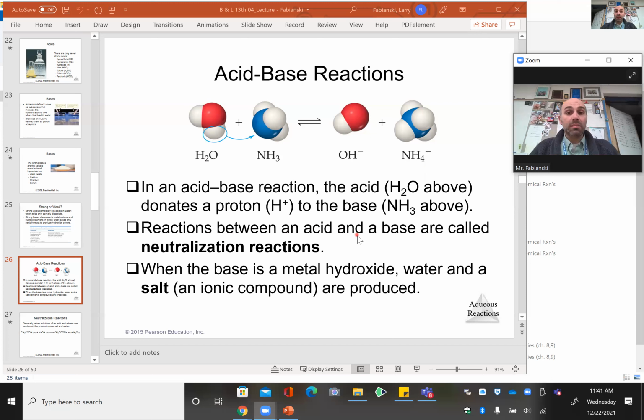Reactions between acids and bases are called neutralization reactions. Remember from the past video, we talked about replacement reactions, or metathesis reactions. Now we have neutralization reactions. When we bond an acid and a base, it's called a neutralization reaction because it neutralizes the acid and base. And when we have a metal hydroxide as a base, we get a salt, or an ionic compound, and